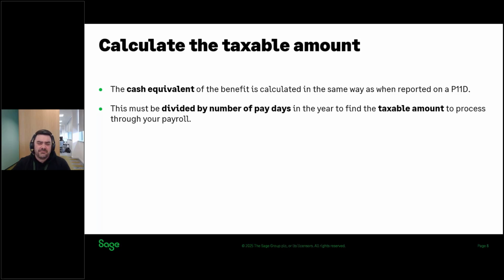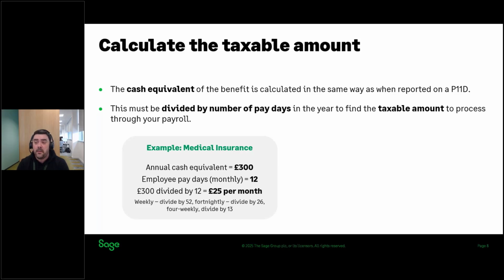So I'm going to give you some fairly simple examples here, starting with a medical insurance benefit. In this example, the annual cash equivalent of the medical insurance policy is £300. So that's what it costs us per year. It's provided to employees paid monthly, so they have 12 paydays in the year. So £300 divided by 12 is £25 per month. So that is how you would work out the taxable amount for a benefit with a cash equivalent of £300